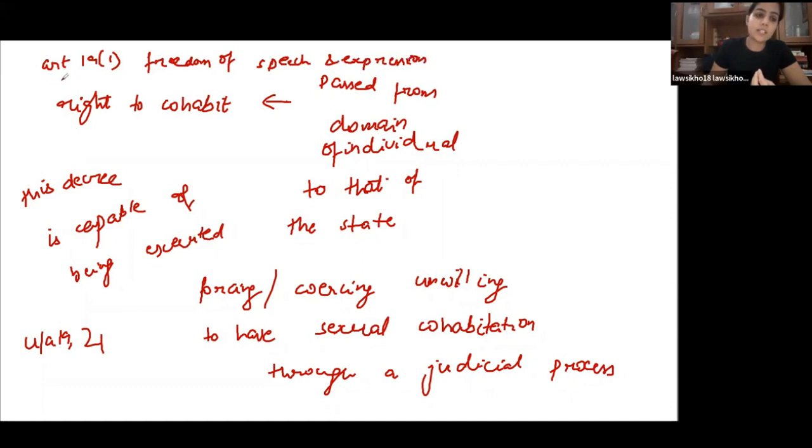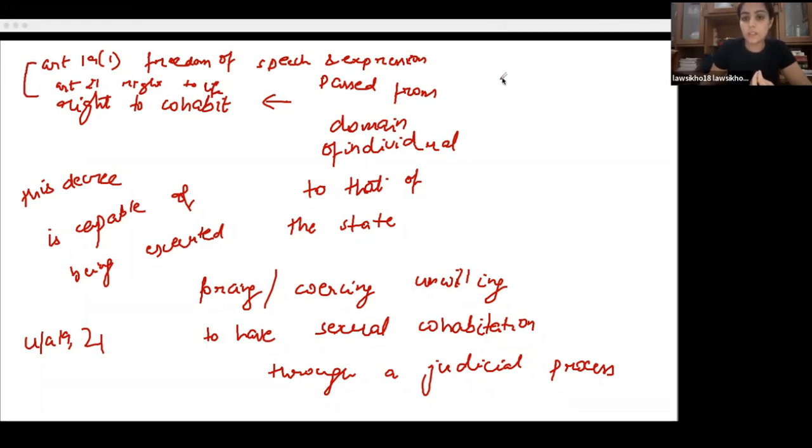And Article 21 is right to life. And by virtue of these two articles, you have a right to sexual autonomy. It is on everyone. Everyone has a right, whether one wishes to cohabit with the spouse or not. And this particular section is violative of these fundamental rights, because ultimately, by a decree of restitution of conjugal rights,